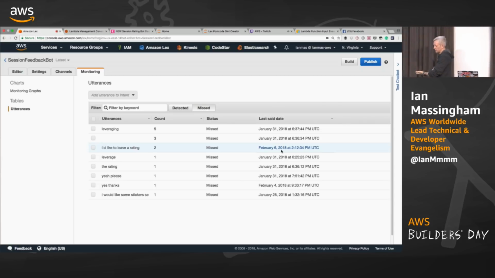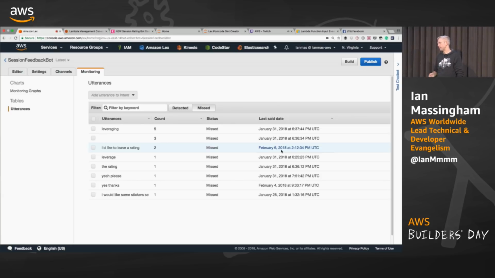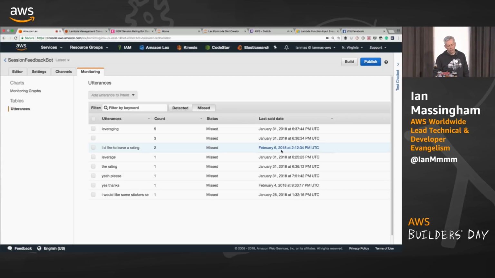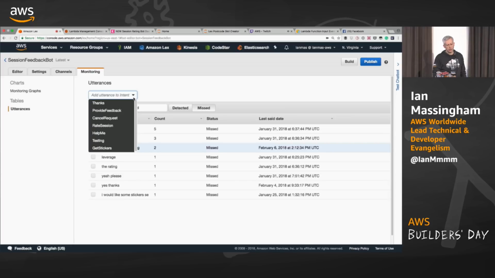I've obviously got my intent resolution and my slot extraction models. Those are classification models. So when somebody says, I want to book a flight, what we're actually doing is establishing how likely it is that that particular utterance maps into one of our specified intents. If it falls below a probability threshold, we put it in the missed utterance bucket. And what we can do then is say, that one is obviously associated with rate session.